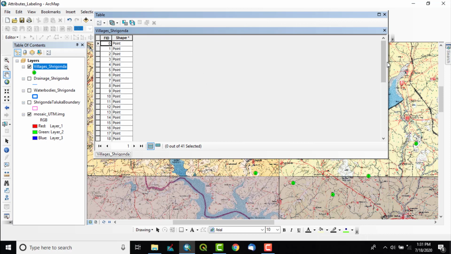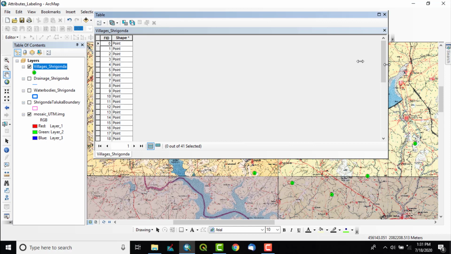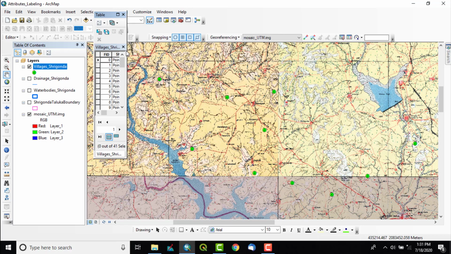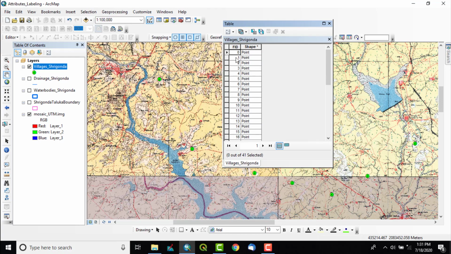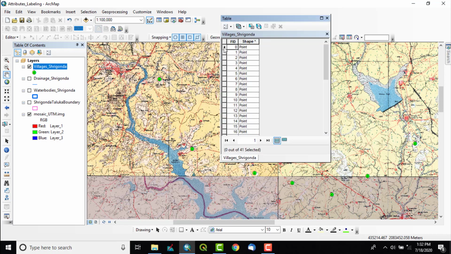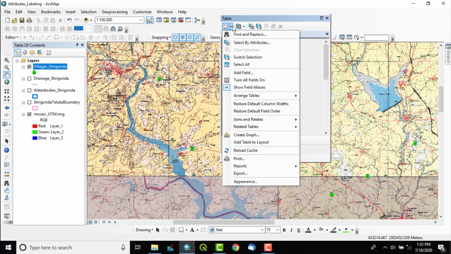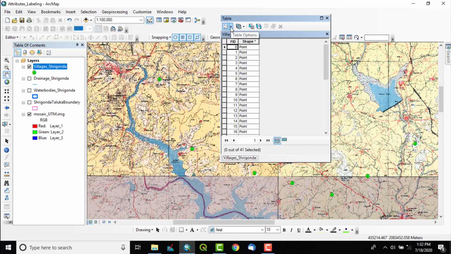So suppose in village I will want to add the names of those villages that we have digitized. So we have to add a column because it's a table, so we have to add a column. It is also called as field. So to add a column, we have to go to table options from here. We can move the table from here.